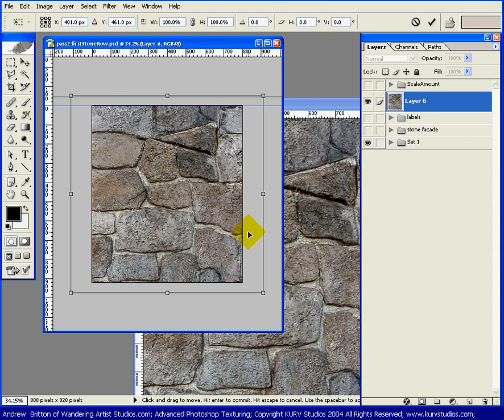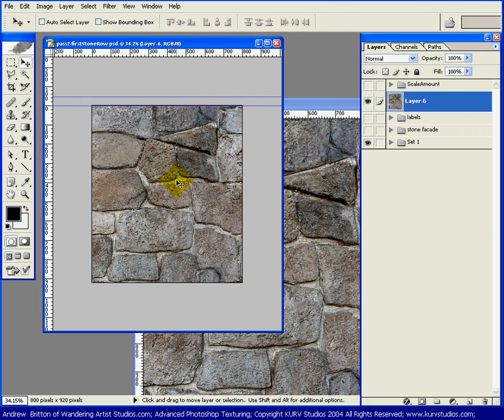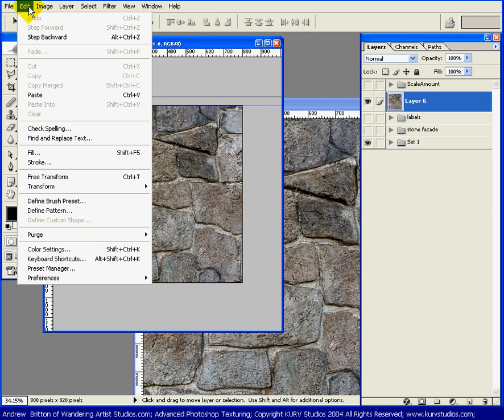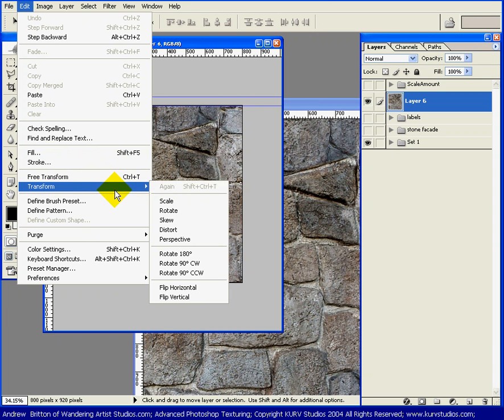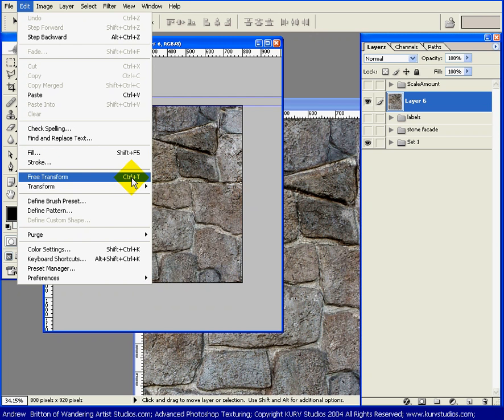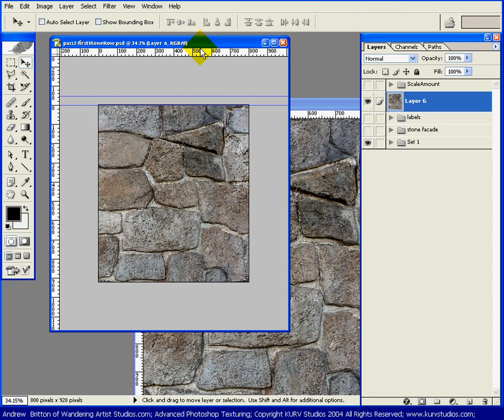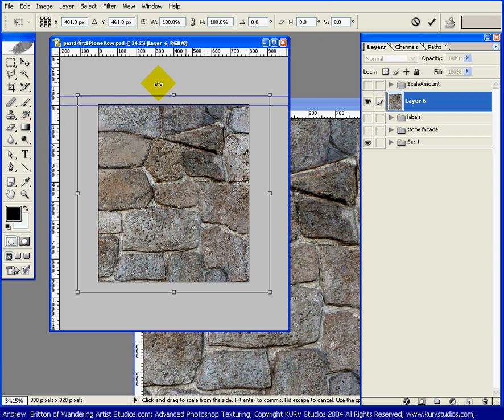Okay, so obviously it's way too large right now. This texture is too huge, and I'm going to do free transformations. There's a few ways to do free transformations. Once I have my layer selected, if I go into Edit, Transform, oh it's right here, Free Transform, Control T. I use hotkeys a lot because I find menu surfing gets in the way. So the hotkey for that is Control T, and I can tell that I've got my free transformations turned on